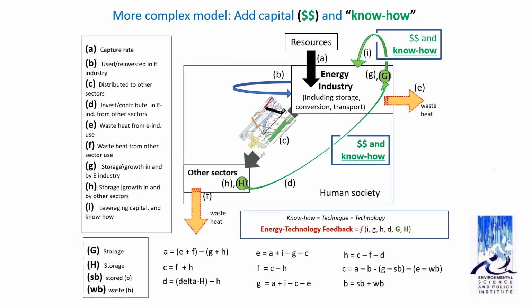Now here you see this picture, in the center, you see the distribution of the energy for the United States in the many different subsystems. And now we talk about the energy industry as one of our core industries that's working on extracting more energy from the environment. And then we have all the other sectors that are served by this energy industry. And now we talk about the know-how from many of these other sectors, the government sector, the educational sector, the machining sector, all that provide greater capability to the energy industry to extract more energy from the environment. So you can see the positive feedback there as these capabilities develop.